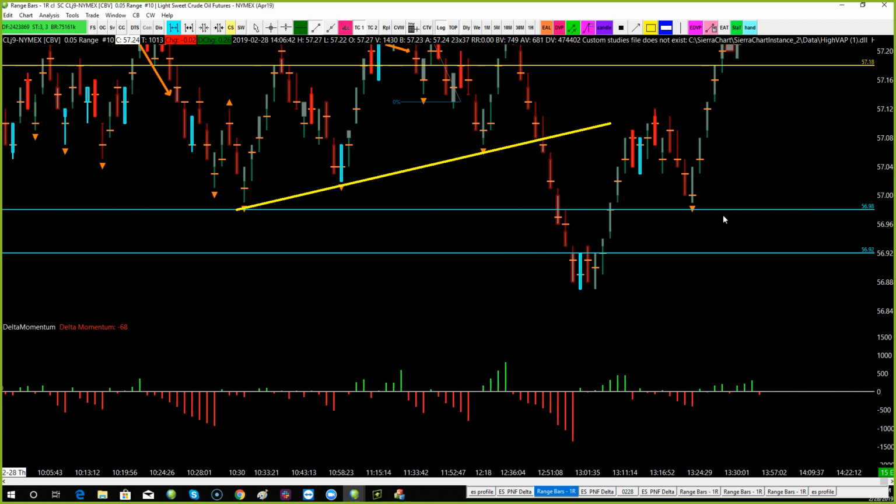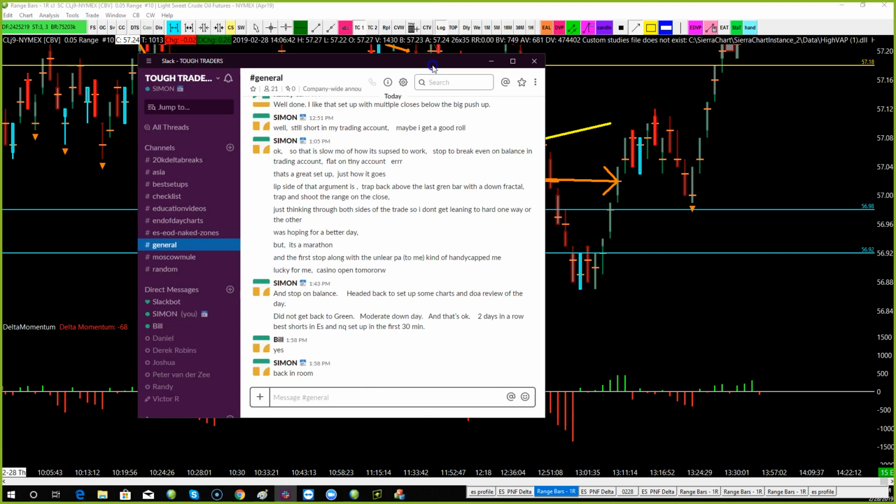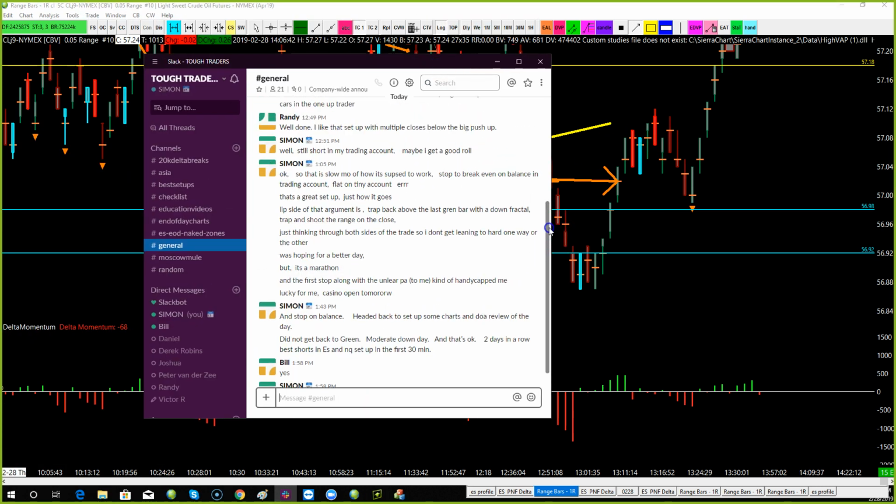And I knew if they trapped back in, and I said, if they trap back in, so here's what the problem was. If we trap back into this bar, see that, which occurred right actually here, that would... and I said option B, right? I kind of laid out what the opposite side of that argument was on the Slack channel. I came in here and I said,